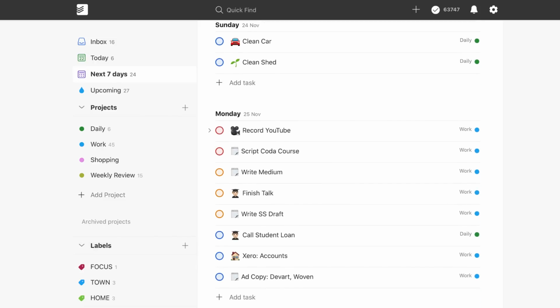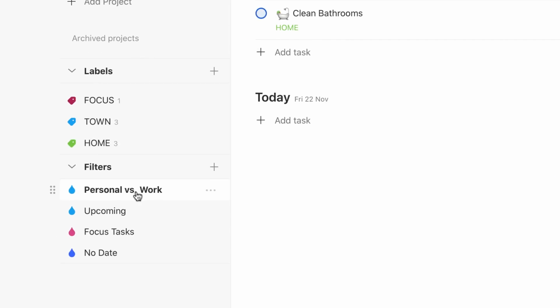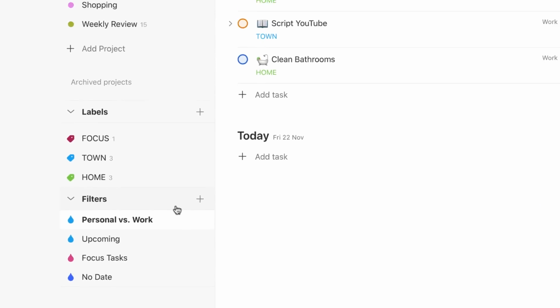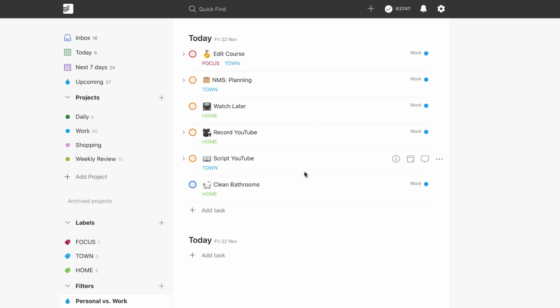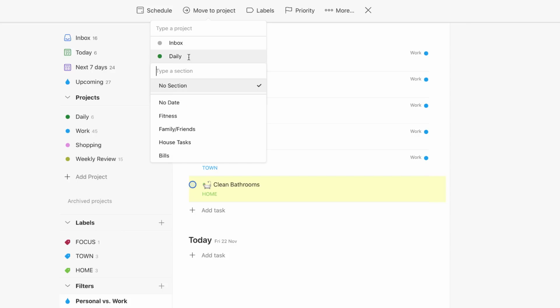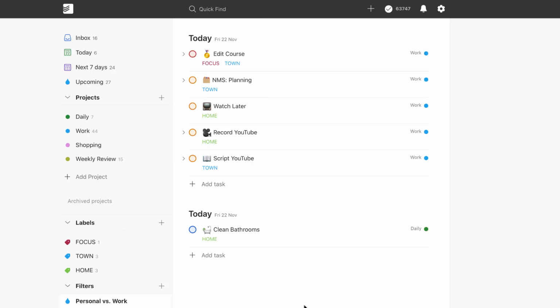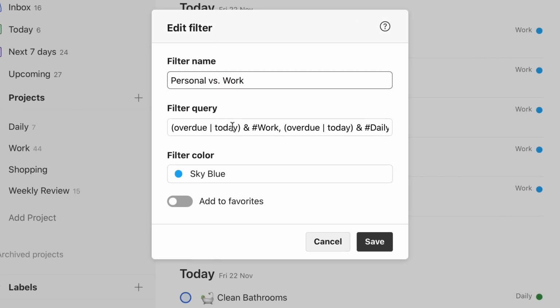So down here, I also have some filters. I have a personal versus work one that I set up recently. These are all things that are related to work, and these are all things that are related to personal stuff. Actually, bathroom shouldn't be there. I will move it to Daily just for this example. So there we go. What it does really neatly, I'll just open this filter up, is it does any overdue or today tasks that are in Work,